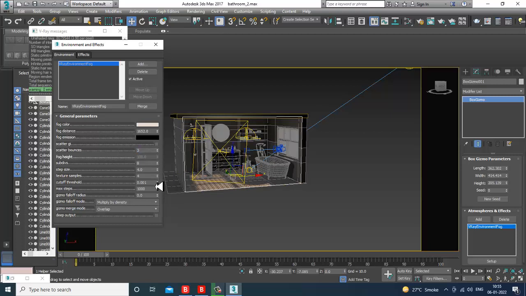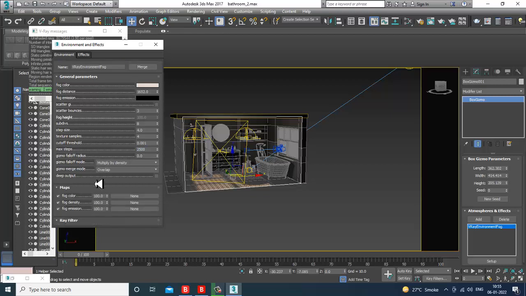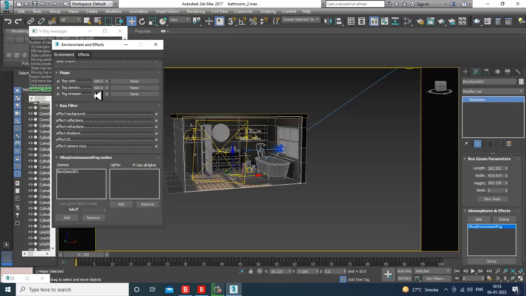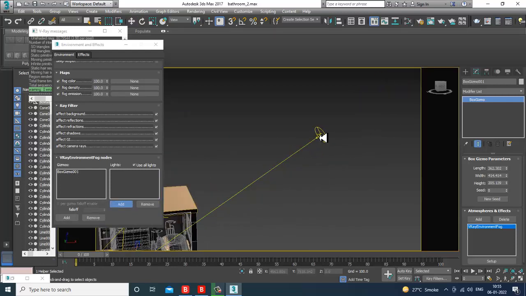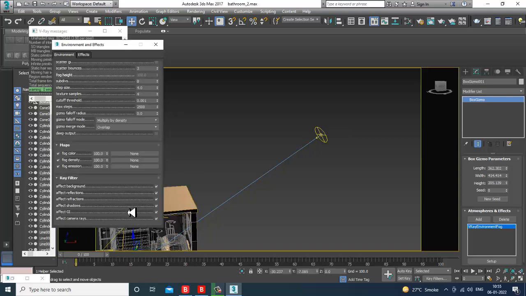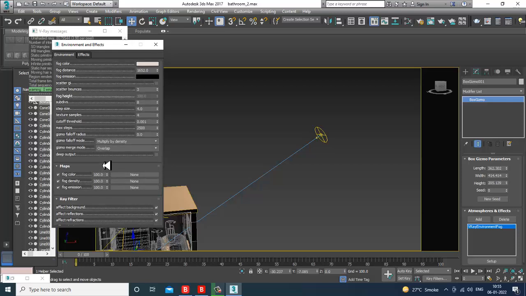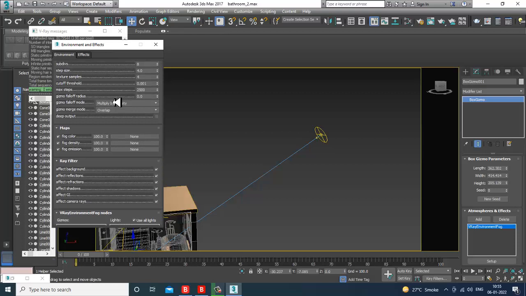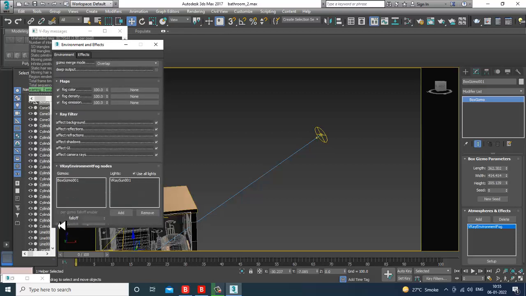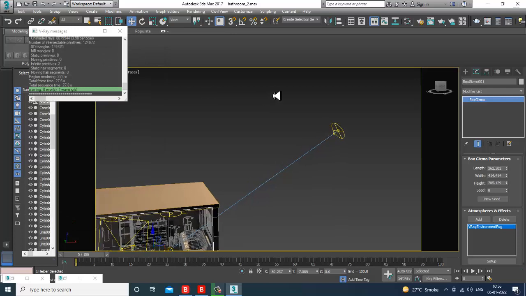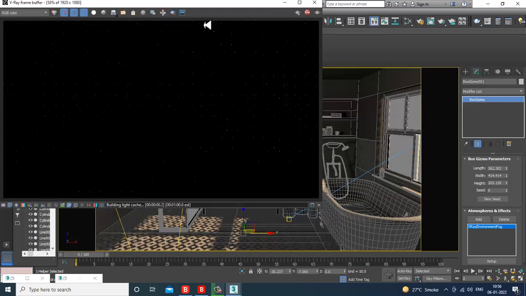Step size 2500, or we can go down, and over here I can just add a light. That's it. You can also turn off one option, effect GI, but we'll first check how it looks. Let's render and see.